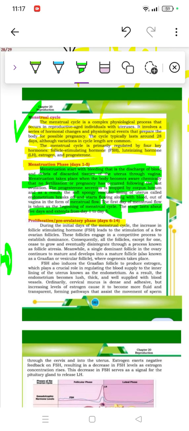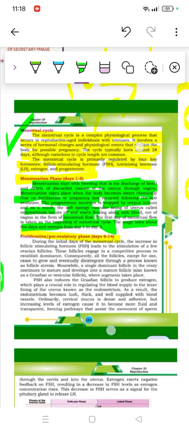Simply, that was the menstruation cycle overview. I basically explained the menstruation phase from 1 to 5 days. It's simply bleeding. How will that happen? It will happen by the breakdown of the endometrium, which is the innermost layer, and it will take 1 to 5 days. The first day of menstrual flow is also called the beginning of the menstruation cycle, because of course beginning means the starting, so the first day means the start. Then the stage lasts 1 to 5 days. I'm sure it will be clear.